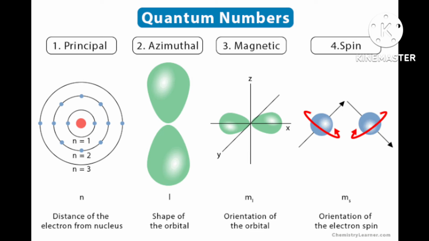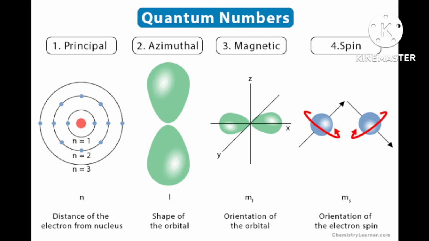S subcell, 0 value means S. When n is equal to 1, then subcells are also 1, and in that only one orbital will be there, that is the 0, that is called S. Like that way, if n is equal to 2, then you are talking about the second subcell. Then the second subcell's value is 1. Okay, that is called P